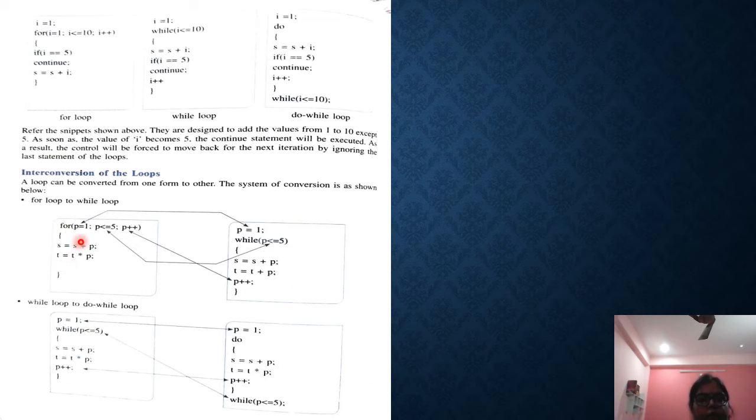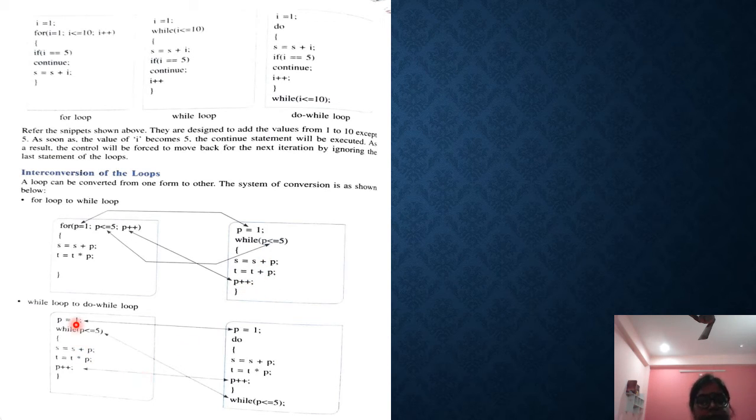See here, the for loop is given, and how are we going to change it into a while loop? The initialization is here, then the check condition is here, and after that the increment and decrement. This is the position in your while loop, and this is your for loop. The program is the same, students, but the writing structure is different, because in for it is a single line statement. In a single line it is initialization, test condition, and increment or decrement, but in the while loop, first initialization, then the check condition, and after the function there is the increment and decrement.